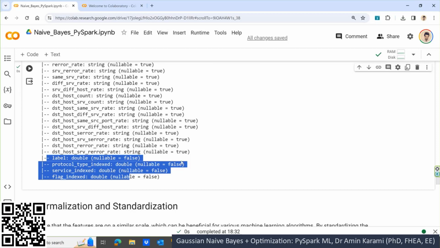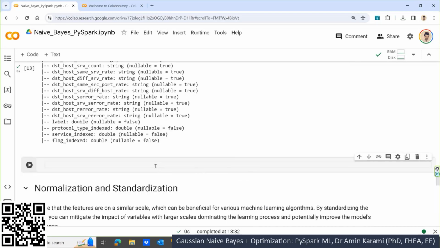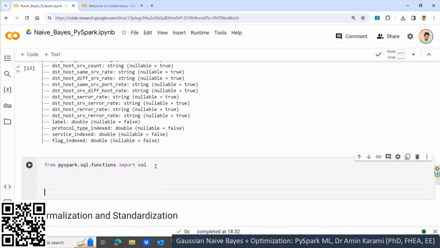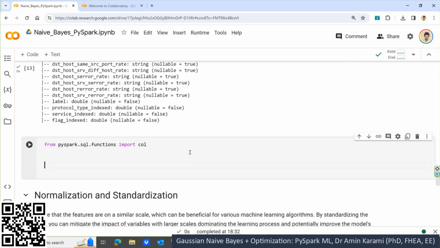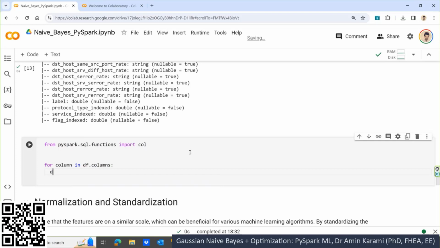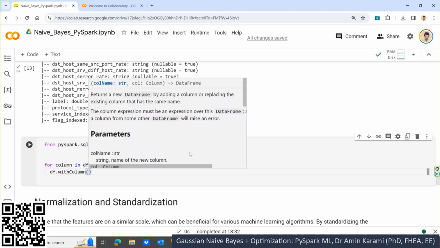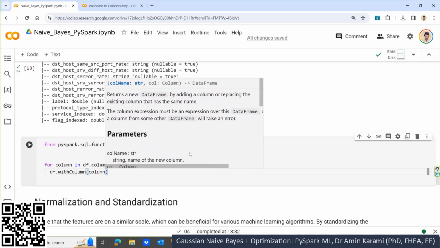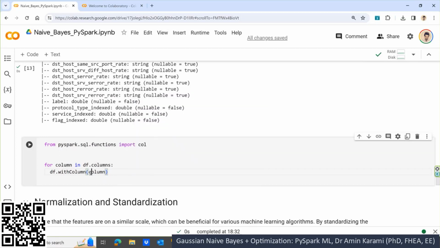So what to do? We need to convert the type of the column. So let me go through this library, PySpark SQL functions, and then get this column package. Why? Because of this loop. For column in data frame dot columns, please go over each column. And df dot withColumn means go through the column. Which column? If you say just column, you get an error because you need to also get this